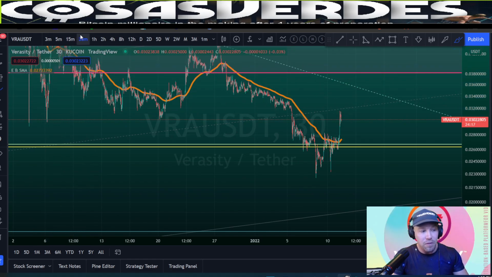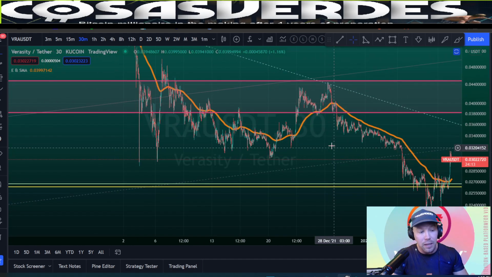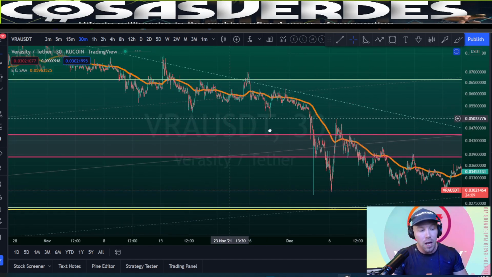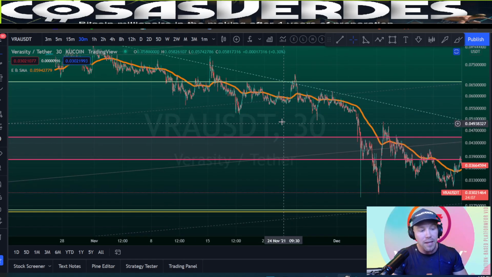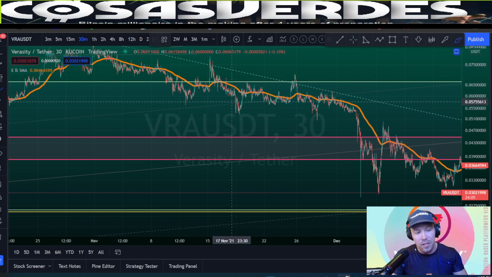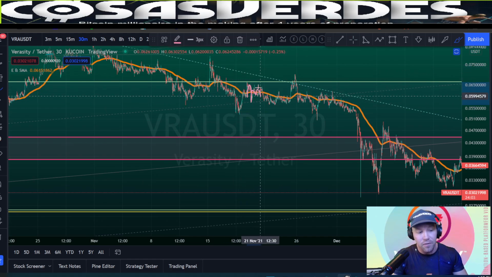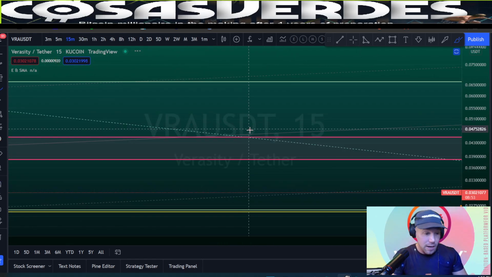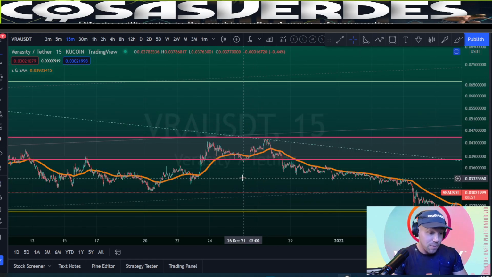So I started with the 15-minute, then I go to the 30-minute, and then I would look for bounces. I would simply look at which orange line on what time frame works the best. So you can see here the 30-minute is probably not it, because there's a lot of times that price is living between it. Like it's not just on it or under it, it's right at it too much. So I wouldn't use the 30-minute chart too much. The 15-minute actually looked not that bad. The 15-minute looked a lot better.